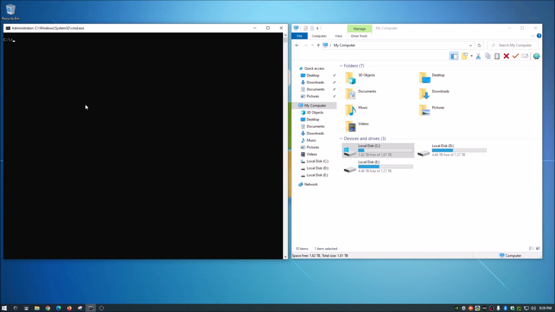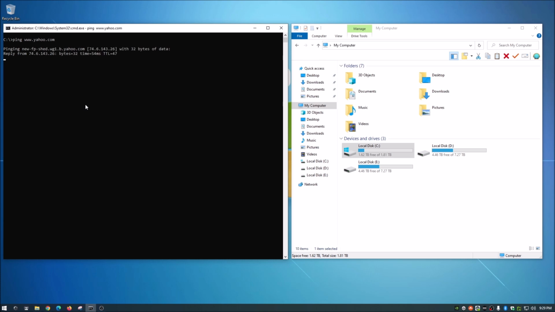Now, the ping command comes in handy. Say, for instance, you try to go to your favorite website. Let's just call that website yahoo.com. I'm not sure if that's anyone's favorite website. But say you try to go to that website and it's either slow or it's just not working. And you think, well, let me see if the website's up. You can actually see if the server for that website is responding. And to do that, you just type ping, and then you type the website name in, which is